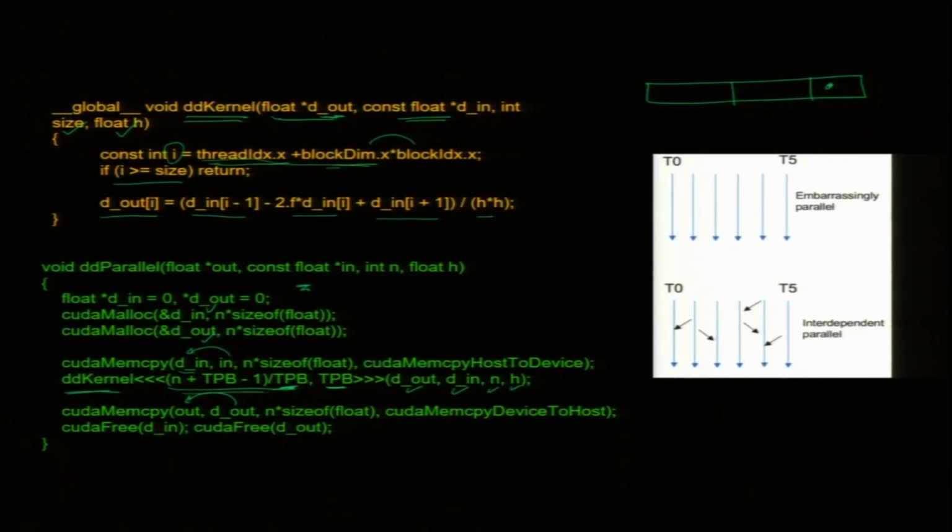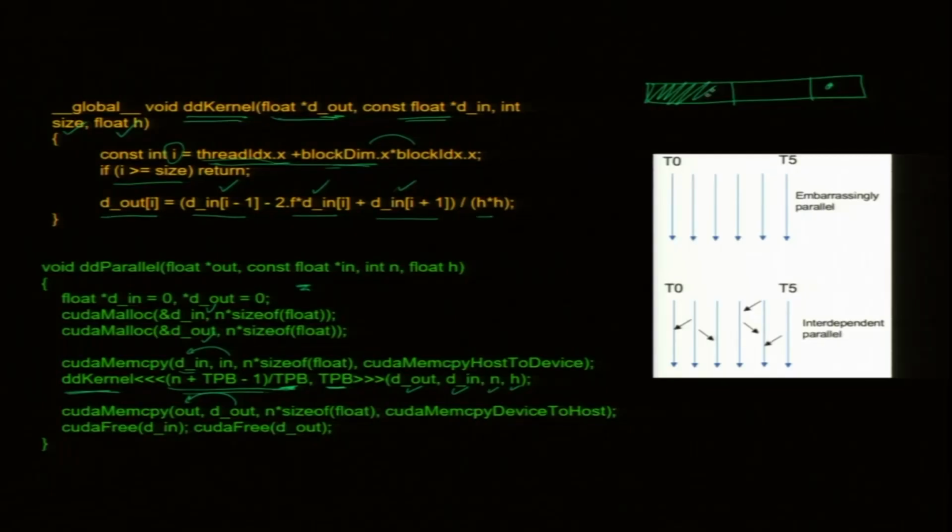So, how do I make it efficient? Any suggestions? Please keep in mind that when the thread wants data, of course, at i, but it also wants i plus 1 and i minus 1. So, where does it get data from? It goes to the global memory, and each time a thread goes to global memory, it is time consuming. The fast memory is register and shared memory. So, what is the obvious solution? Keep the data in the shared memory. Okay. So, this is a block, whatever data is needed for this block, I will keep in shared memory.